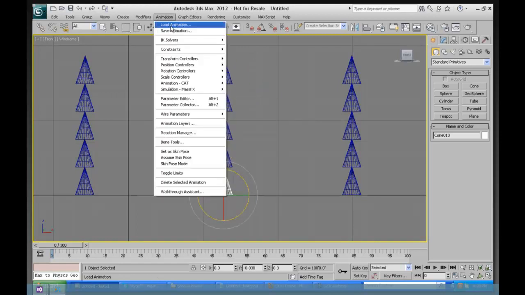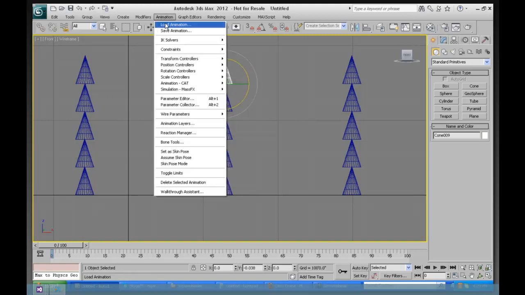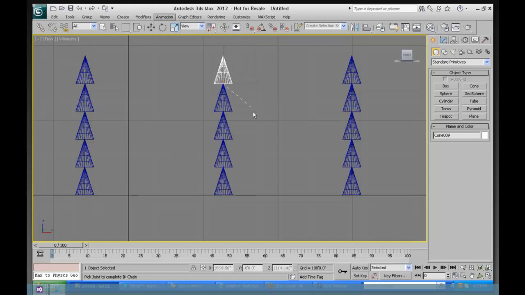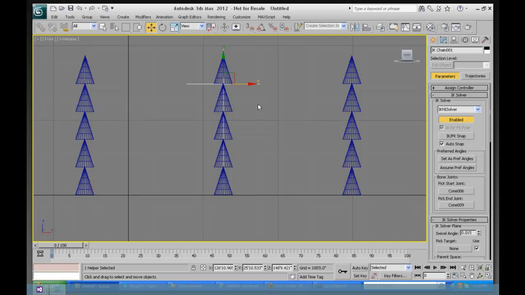So, inverse kinematic solver, I will say an HI solver. If I choose that one, then I am applying that, saying that's the end of the chain, and now I'll click on this one,